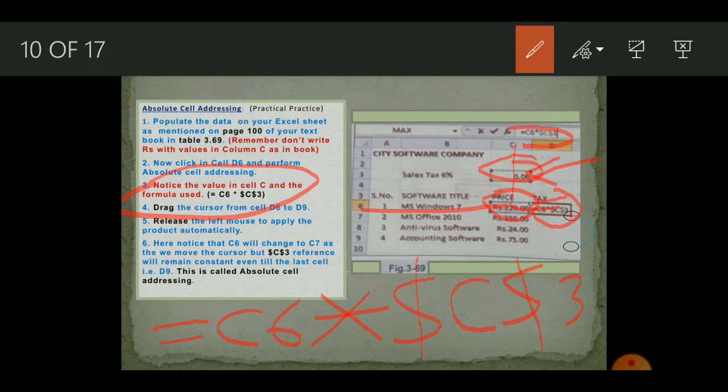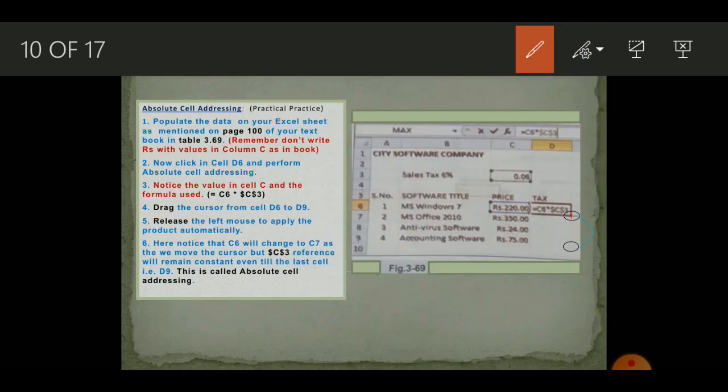Students, when you have done that, use the autofill handle and copy the formula. But you will notice something different than the relative cell addressing. When you have used the autofill handle till this cell, you can click on any cell and notice the change in the address.